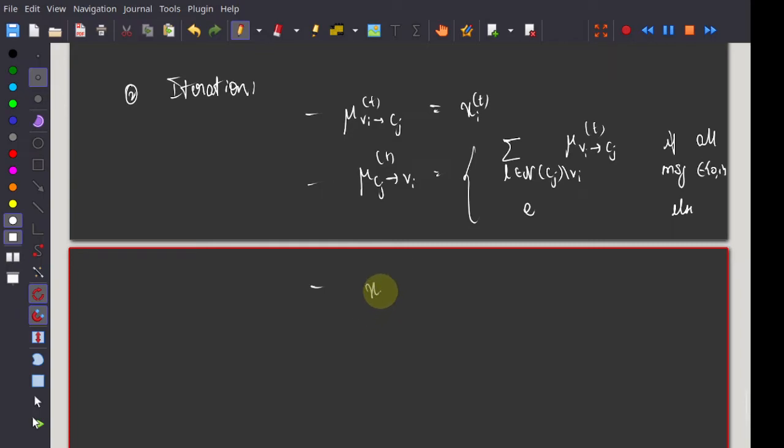And at the end, I'm going to set xi of t plus 1 to be equal to any of